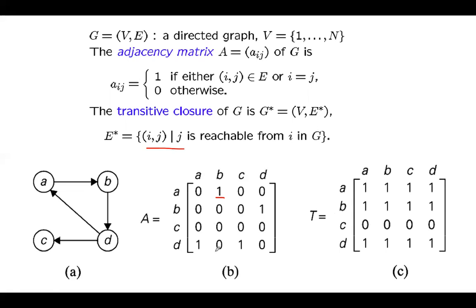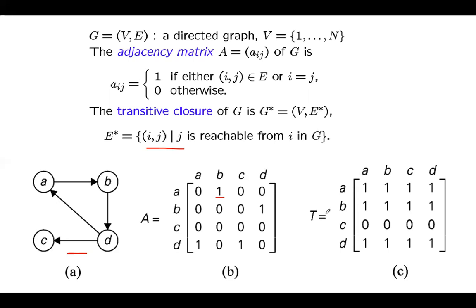See, this is the adjacency matrix for this given graph. This is the transitive closure matrix for this graph only. So what do you understand when you see this matrix? What can you conclude? What is transitive closure? Our topic itself is transitive closure, so you should understand this.